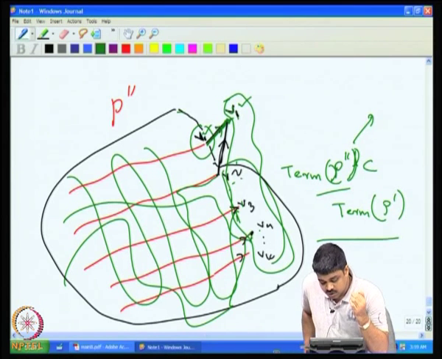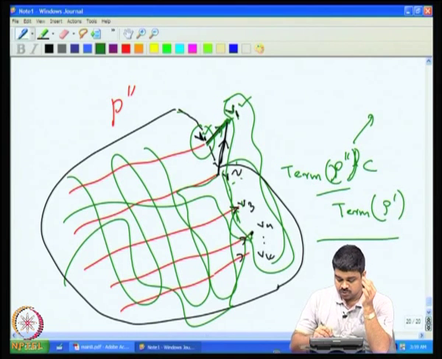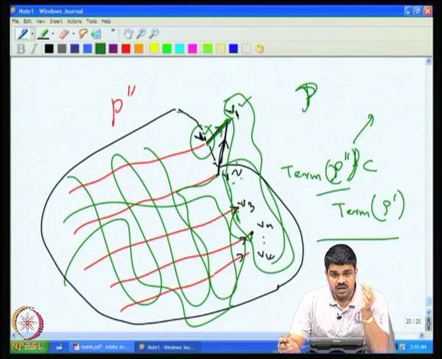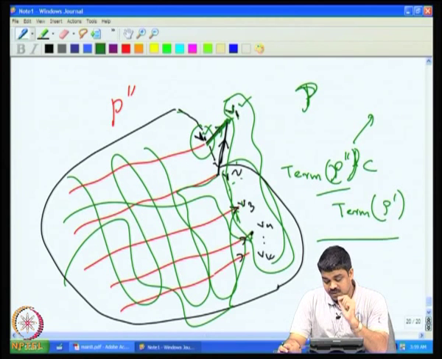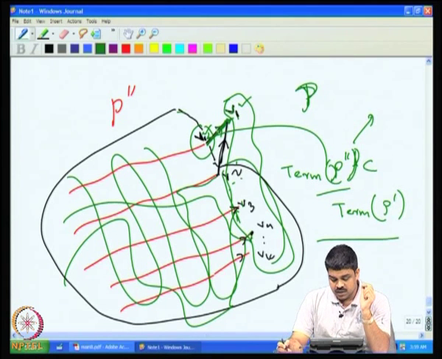And naturally there was, because it is a proper set originally, something should be missing also. So, the original path cover P was not a minimal path cover for G, that is why. So, the original graph G's path cover itself was not minimal in that case. Again I repeat, suppose P double dash is a path cover whose terminal set is a proper subset of the terminal set of P dash, and the terminal set of P double dash contains this vertex V, in that case